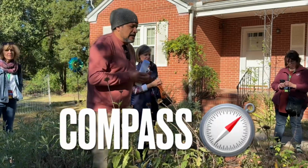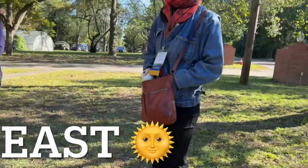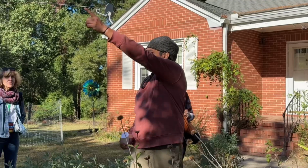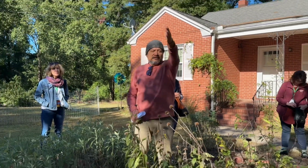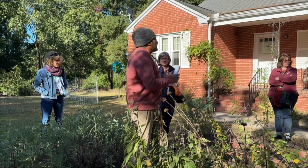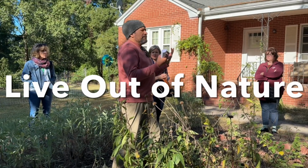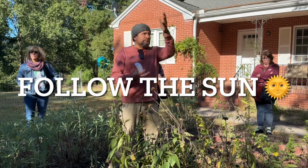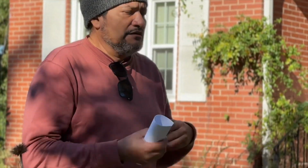Also, this is a compass, west, and that's east. When we step out there and we see to the east, we can see how far the sun goes in solstice, winter, right? We can see it rising in fall and spring, and this is important for us because we live out of nature. So just by following the path of the sun, we can also figure out what we can expect in terms of weather,